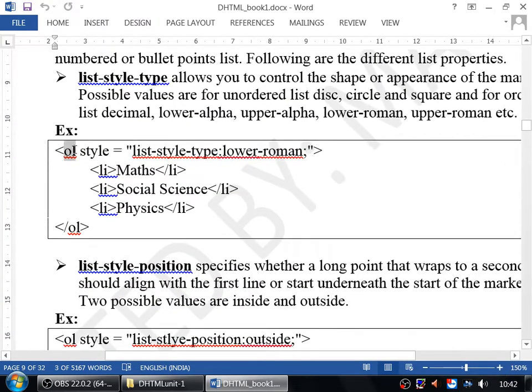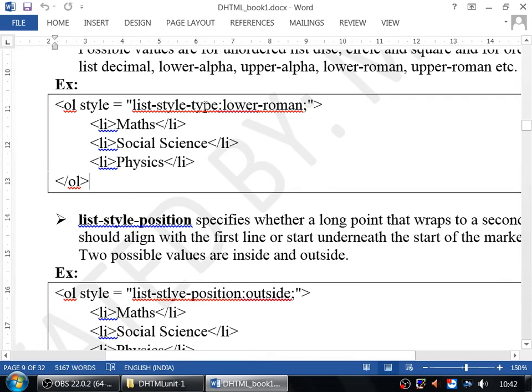Within the tag I have applied the CSS, and the property is list-style-type. There are three words, each separated with a hyphen. So list-style-type colon, the value is lower-roman. Right? So you will get the numbers in Roman letters. This is list-style-type.